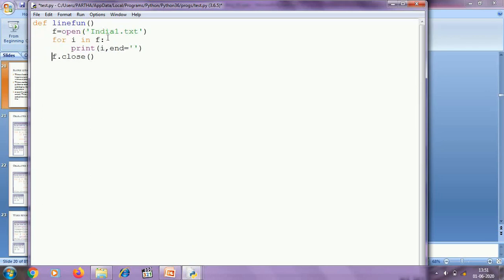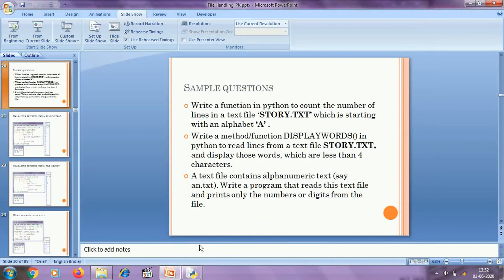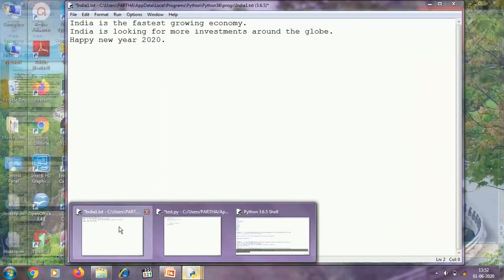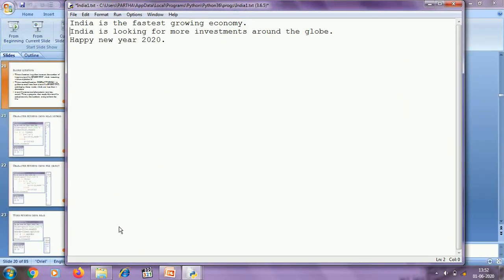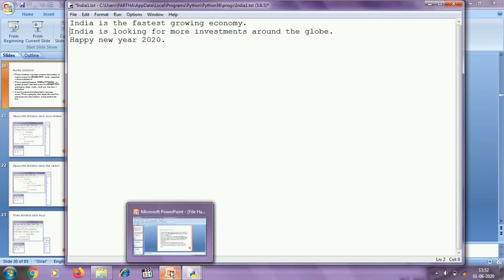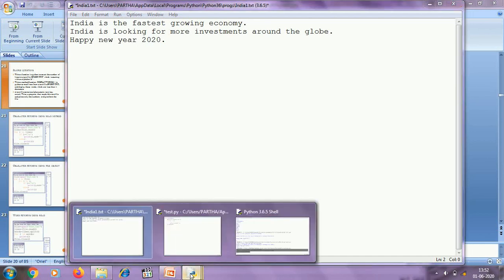So inside the function I am writing the function definition, where I am opening the file india1.txt, and using this loop I am fetching the lines of the text file one by one, and I have to display the lines whose first character is A. So first of all I must check, there is no line with first character A. So I am going to change the question.